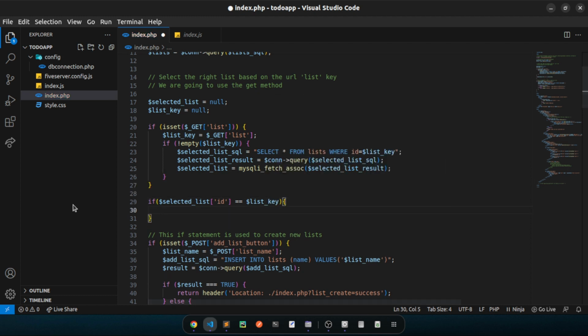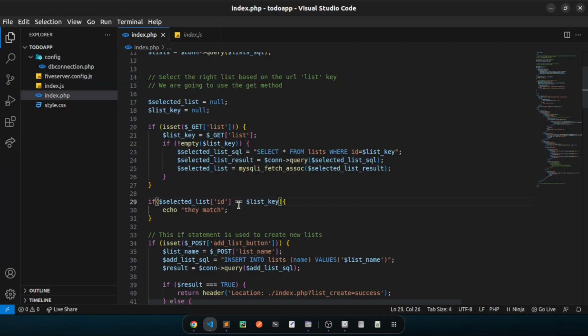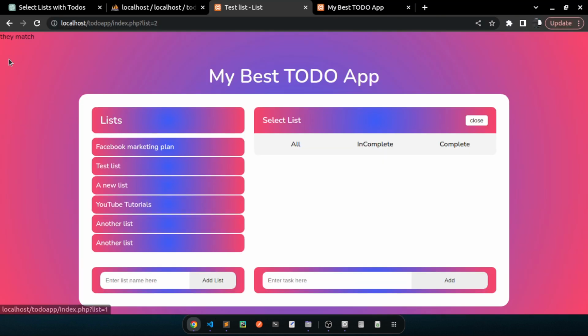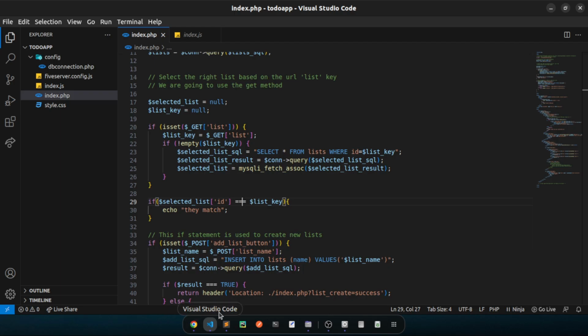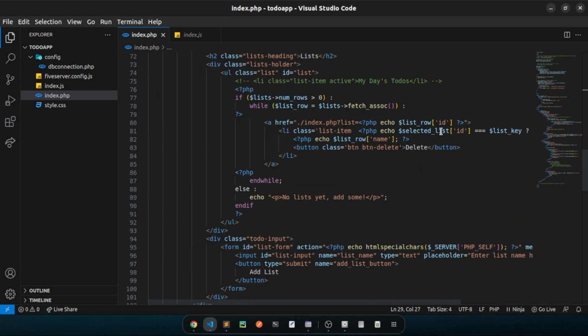If they match, just print out this echo, they match. Reload the page and we are having the match. Something else, let me do 3 equal signs here to be sure what's happening. They match. So with 3 equal signs, still everything is good, but with our